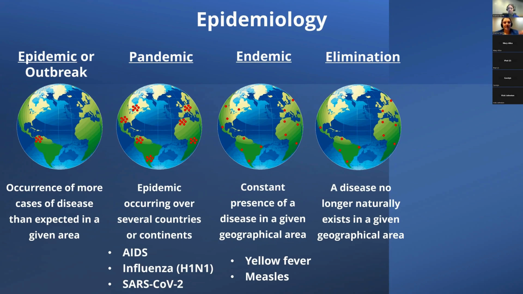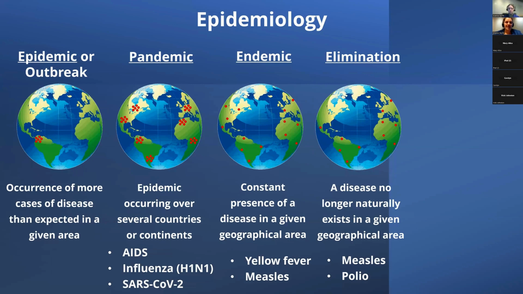So the title of elimination here in Canada, we have measles and polio. So those are two examples of diseases that have been eliminated and hold the elimination title here in Canada, which is very cool. Now, does it being eliminated mean that there aren't going to be cases that pop up here and there? No. There will be cases that pop up here and there, but it doesn't have the ability to go farther. It doesn't really have the ability to become an epidemic if it's been eliminated, and that's in a perfect situation, which is lovely.